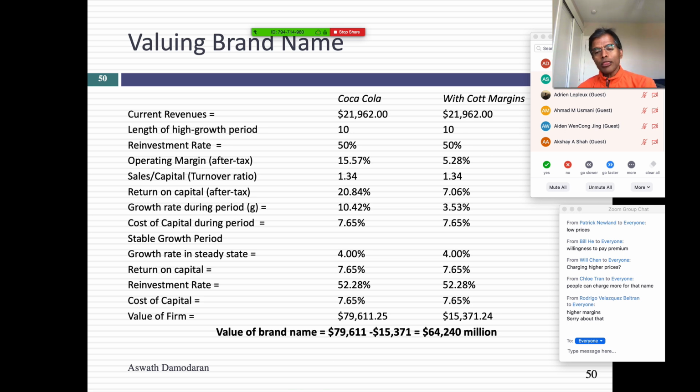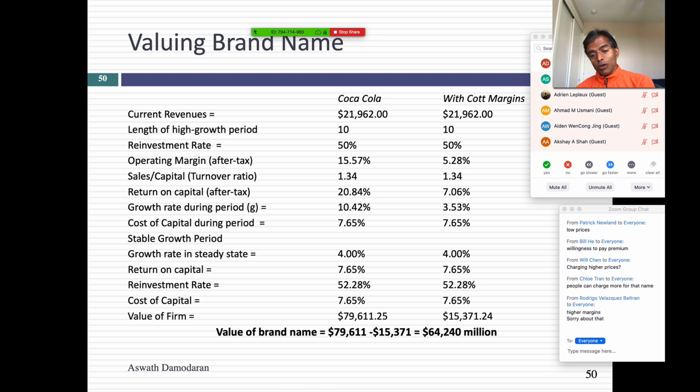He said, you forgot the fact that Coca-Cola is the most valuable brand name in the world. I said, okay, so what exactly do you want me to do? He said, you should add at least a 20% premium to your valuation. And I said, why? He said, because that's what we do at Coca-Cola, when we buy brand name companies in other countries, we value them and then we add a 20% premium. And I said, just because you do stupid things doesn't mean I have to do stupid things too.